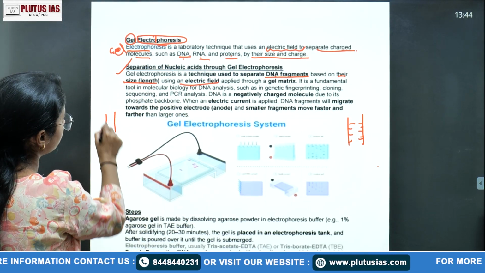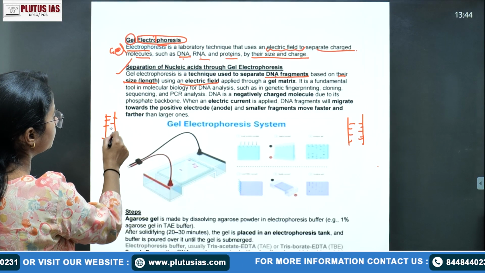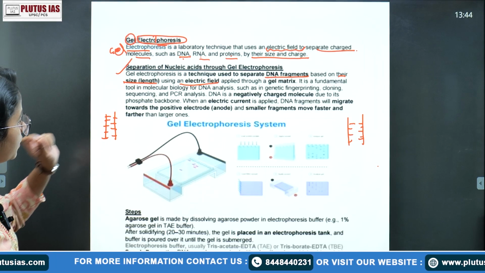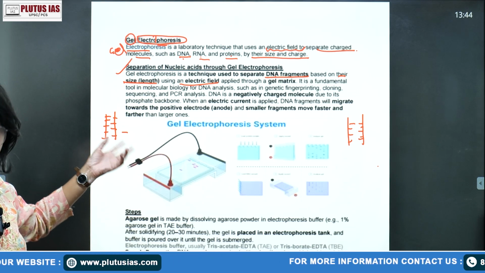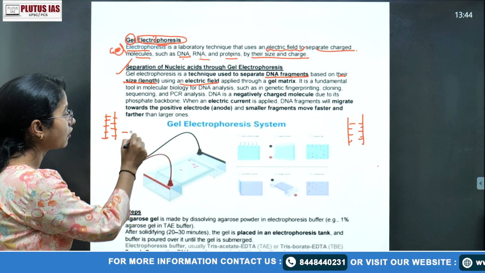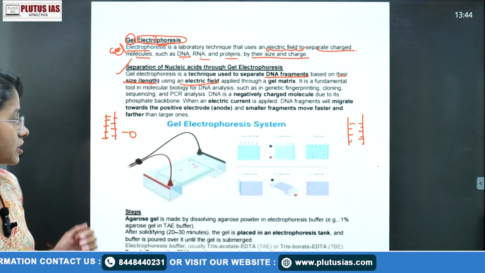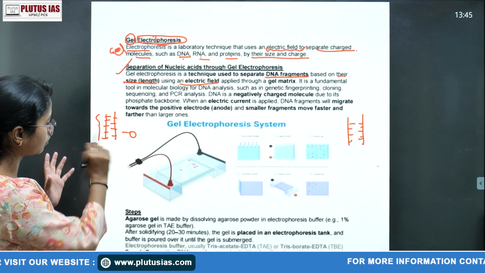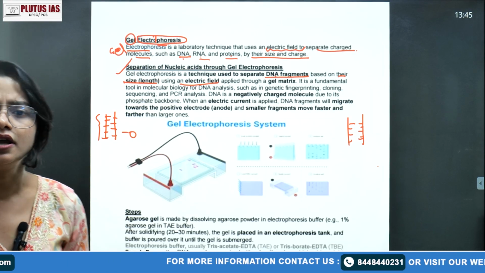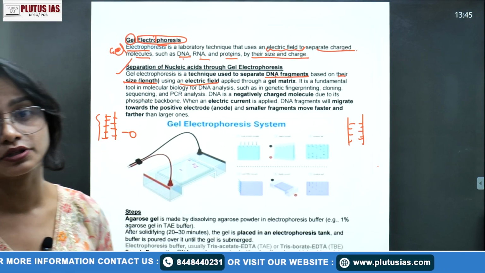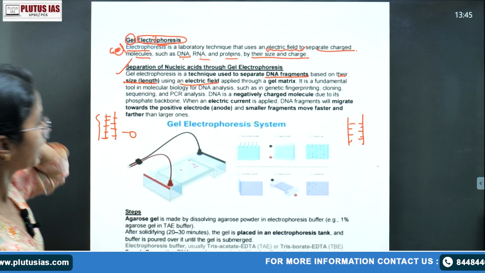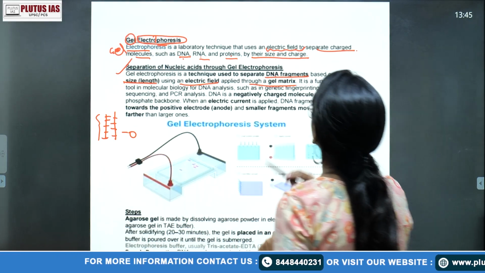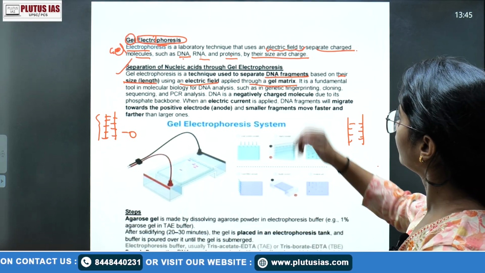If the length is smaller, of course the number of nucleotides or base pairs will be reduced, sorry, not reduced but less. So the molecular weight of that will be comparatively less. I'm simply saying this based on the number of nucleotides, and sometimes also the types of nucleotides, giving different molecular weights of the nucleic DNA. Okay, so it is applied through the gel matrix, which I have already mentioned.